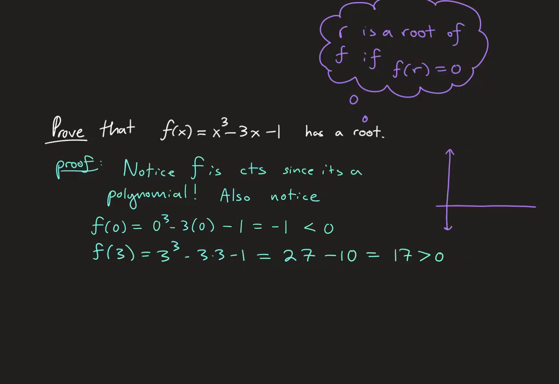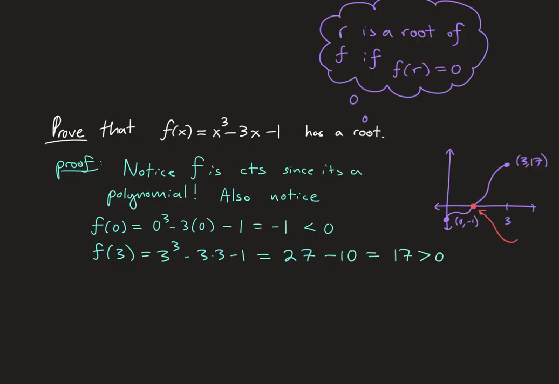So we said at x equals 0, f is equal to negative 1. So this is (0, negative 1). We know f has this height, and at 3, f is equal to 17. So we have (3, 17). But our function is continuous. So by a famous theorem that we just talked about, somehow this function, bing, bing, bing, right here,